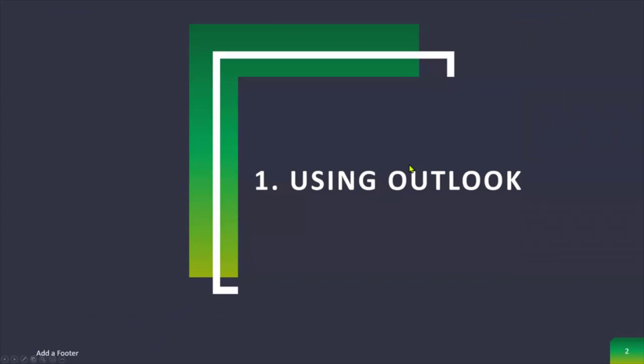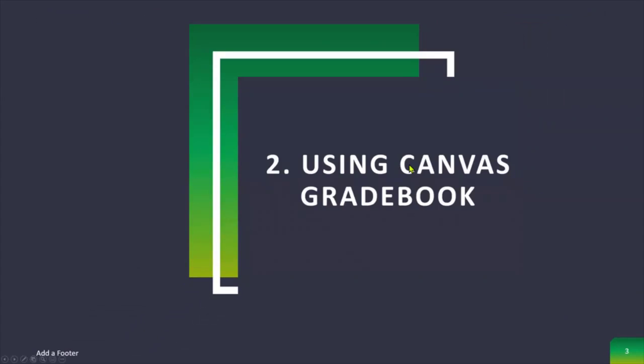Okay, method number two. Suppose you want to send more than one, more than two, more than a few students. To look it up via method one through Outlook will be quite laborious. So in case you want en masse, this is by far the easiest way that I have found out. And in fact, your gradebook in Canvas comes to your rescue. Let's take a look at that.